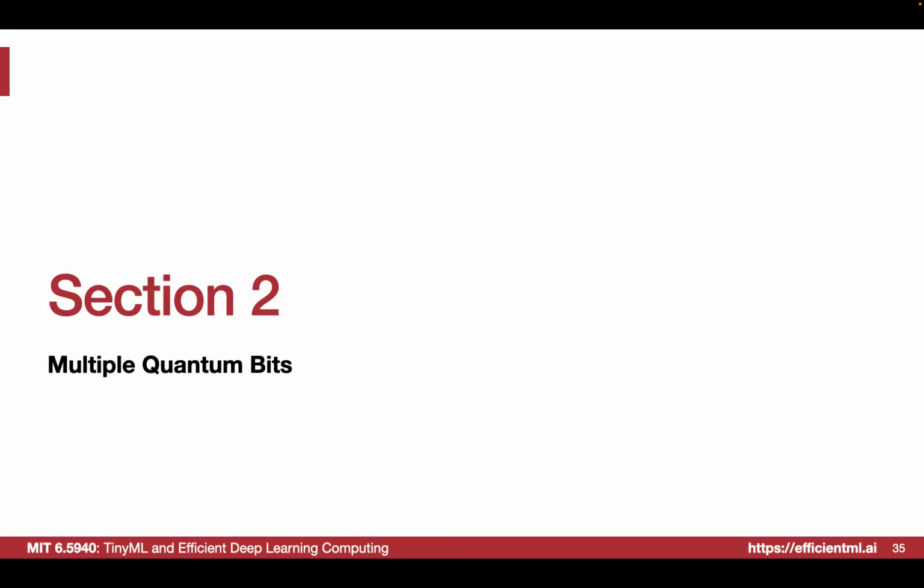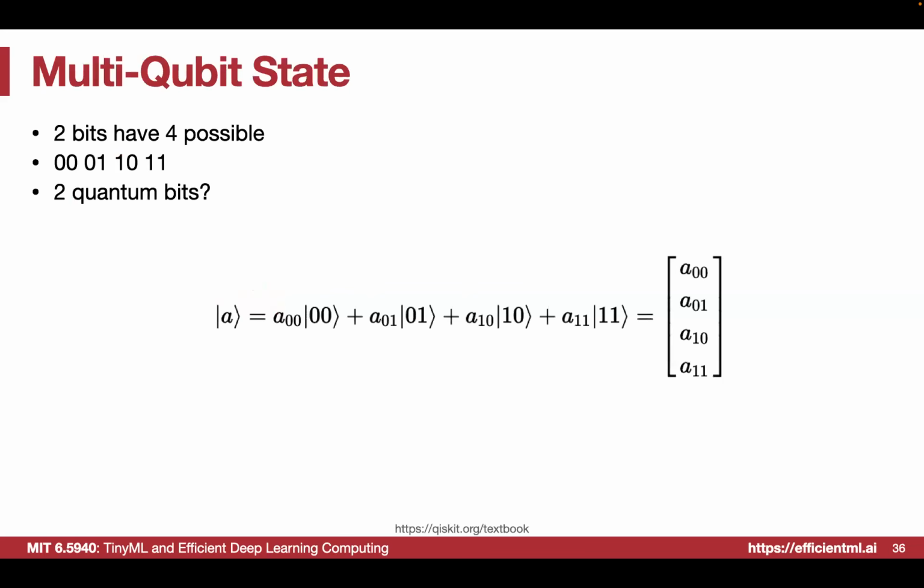Okay, so that's for just one single qubit. You can see that one single qubit is not a big deal because we just have this vector. So what is the interesting thing here? It happens when you really scale up the system. When you have multiple qubits, you obtain this exponentially large size of space, right?